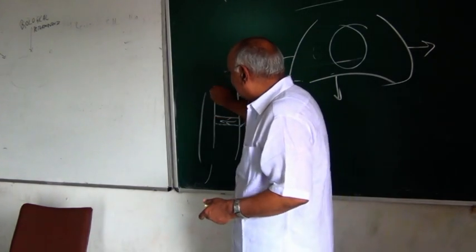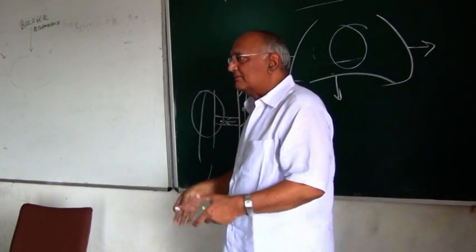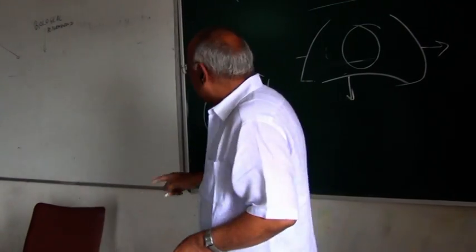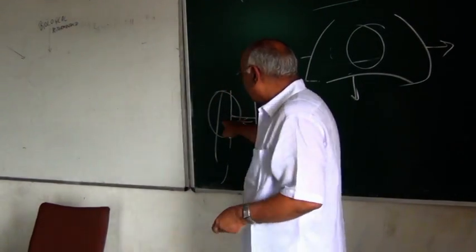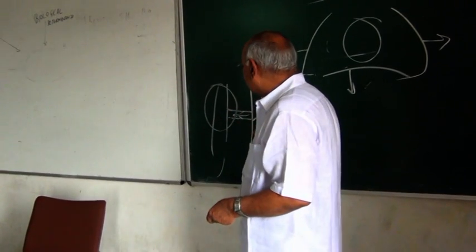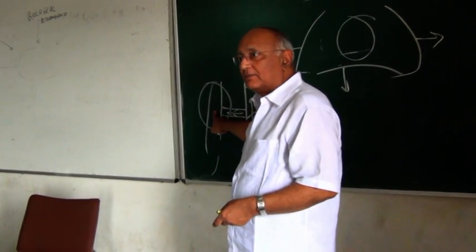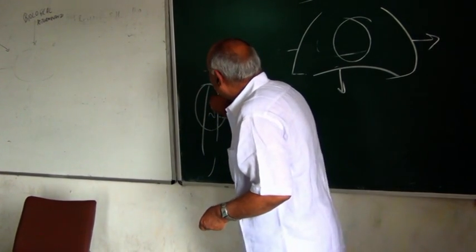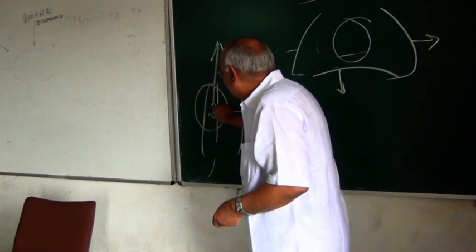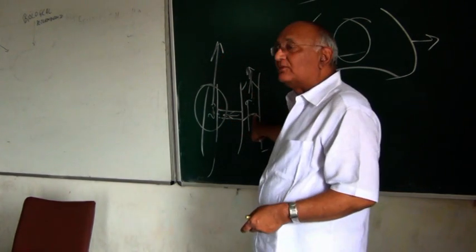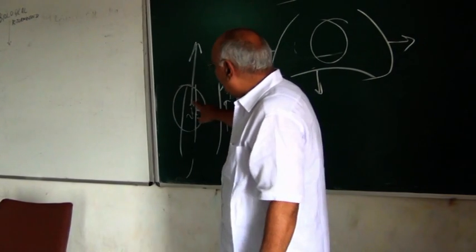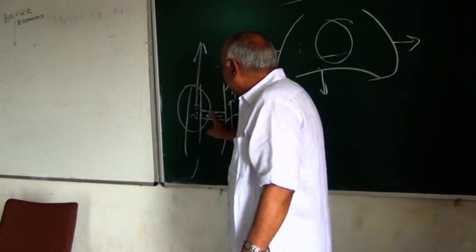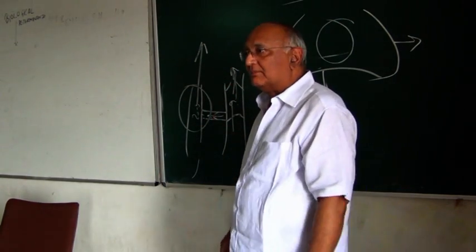When this contracts, the deeper venous system, the muscle of the soleus contracts. Then what happens? The pressure rises. There are perforating vessels between the superficial system of veins and the deeper system of veins. So when pressure rises up to 200 millimeters, this blood is pushed up. But the same blood will not go into the superficial system. The blood from the deeper system will go up, but the valve will not allow the blood into the superficial system.